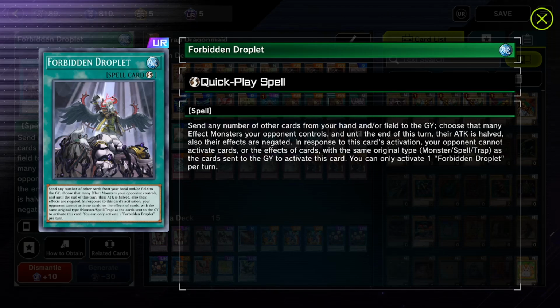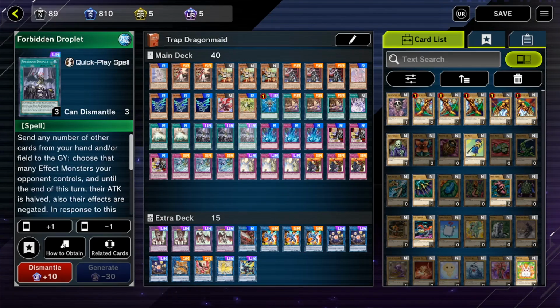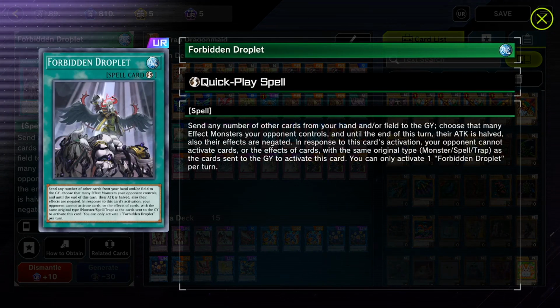So you can also just set Torrential Tribute, set Droplet against that Herald of Ultimateness that I mentioned earlier, and then they're going to summon a monster, you Torrential them, they respond with Ultimateness, you just discard a Dragon Maid card with your Forbidden Droplet, and then boom, they can't respond, and you broke the board just like you did with Solemn Strike. However, this card's a little bit more versatile because it is a quick play spell,